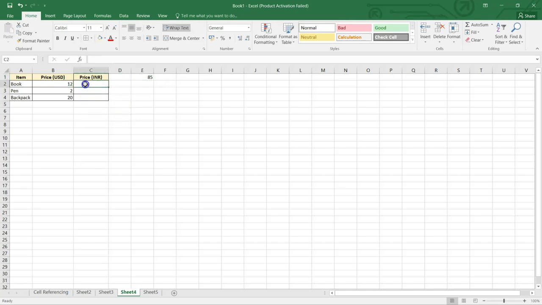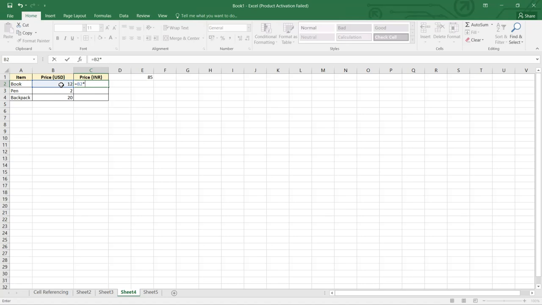What am I going to do? I'll simply use equals, and I want to multiply this value which is in column B, and that can change because book, pen, and backpack, all of them have to change, right? So I'll just press B2 because it can be relative. It does not need to be absolute. And I'll press my multiplication sign, the asterisk.